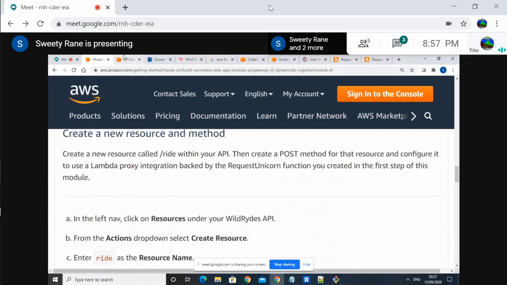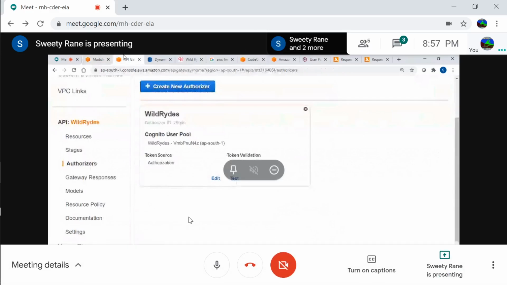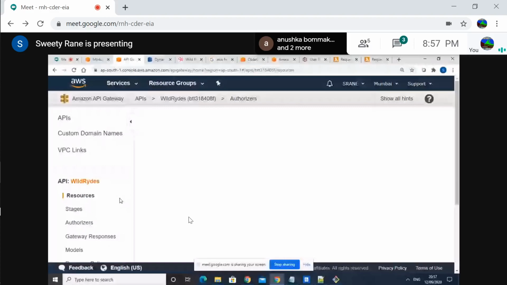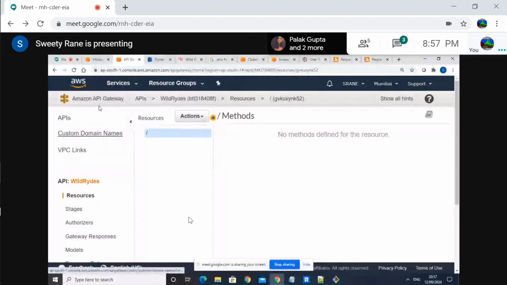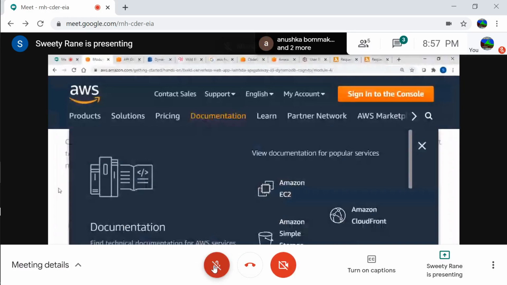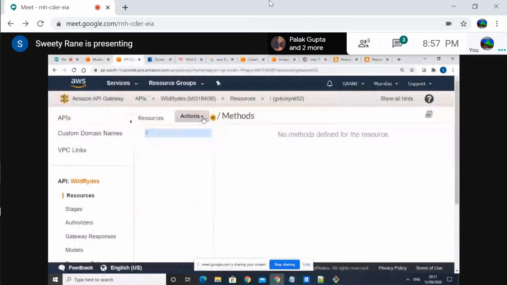Okay, so go ahead. Where should we start? It says resources. Okay, so we have created an API. Now we are going to create resources. Okay, so there are two things over here: authorizers and resources. I think they are saying to create a method. No, ride, right? Okay, so we have to create a new resource, ride.